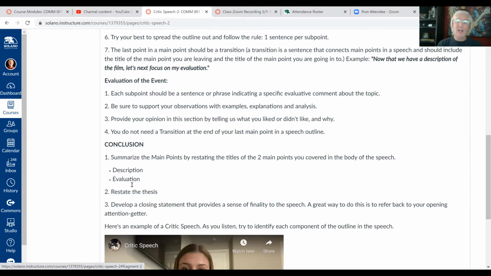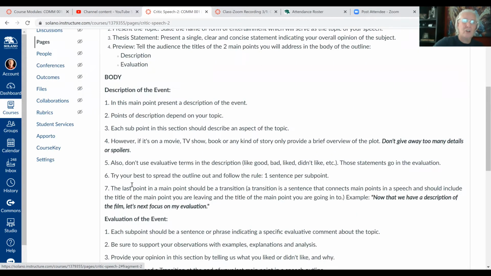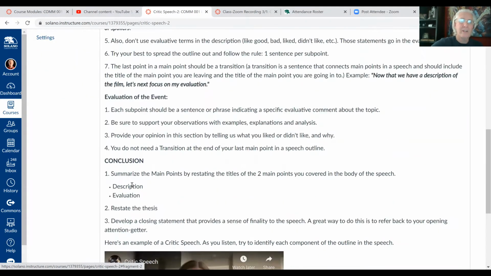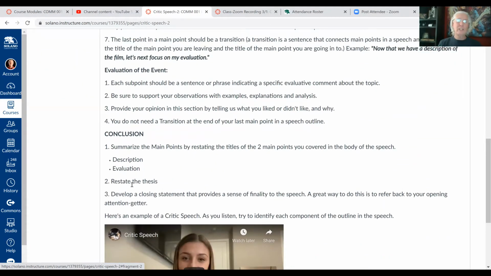And sometimes you'll find when you initially put the outline together, the speech will be a little top heavy in the body of the speech because it's just easier to describe, right? Easier to describe than to evaluate. So a good way to kind of stretch the evaluation is just make sure you give a reason for every